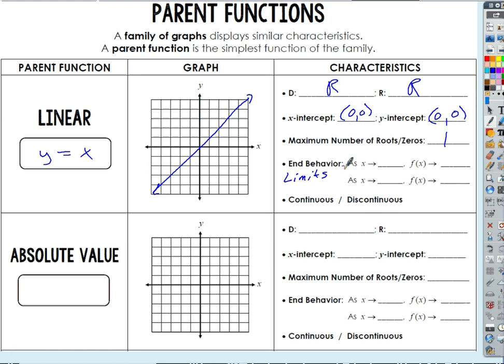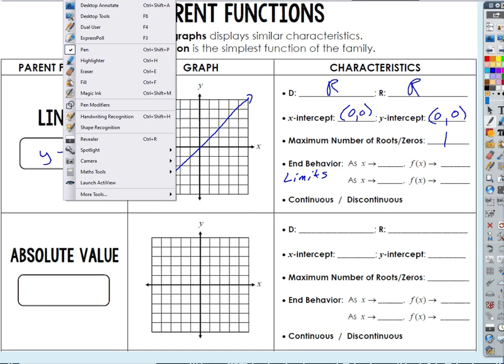But we want to know what's the behavior as we get way out there, right? In other words, as x approaches infinity or as x approaches negative infinity, what's the behavior of the function? So we can say that in a couple ways. Like in calculus, we'll say it this way. We'll say something like this, like if we have the function